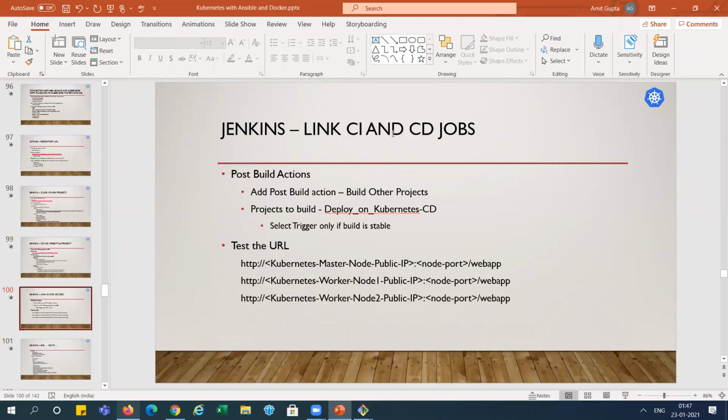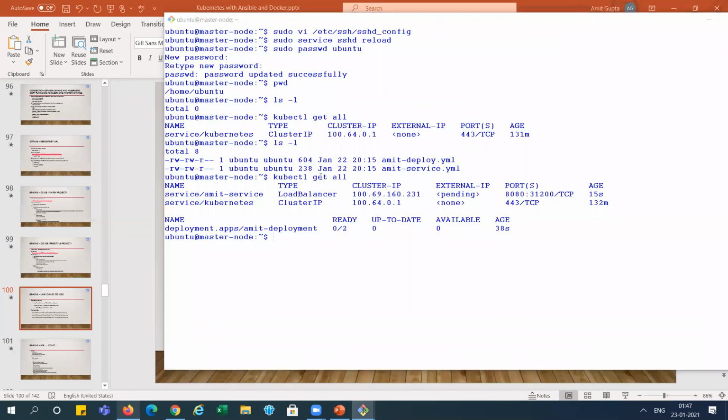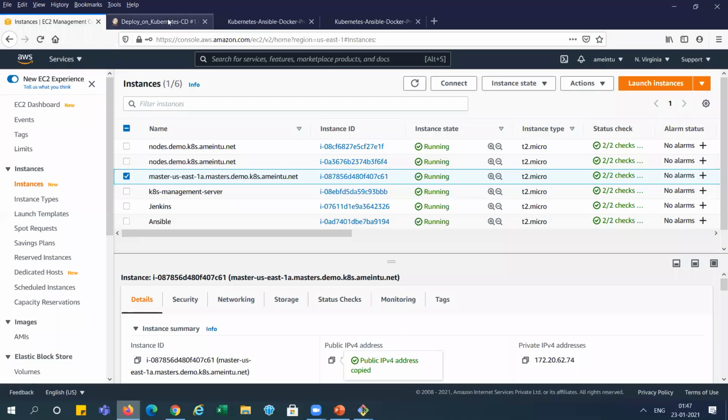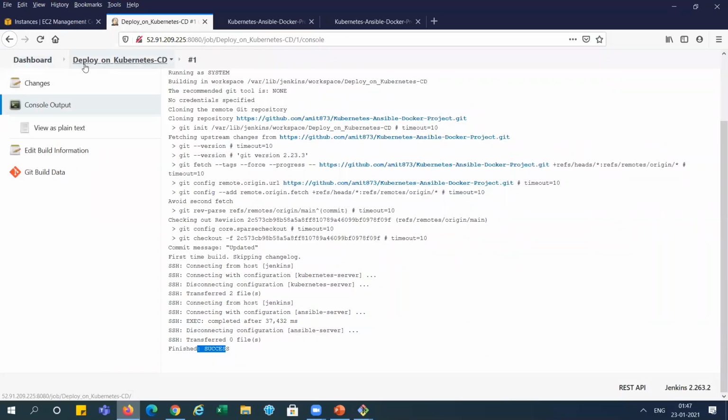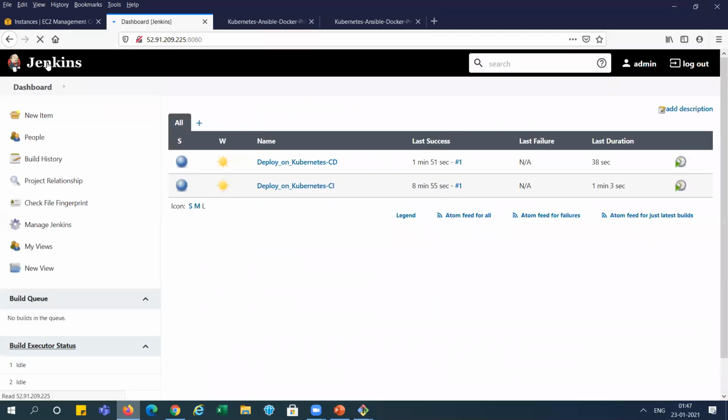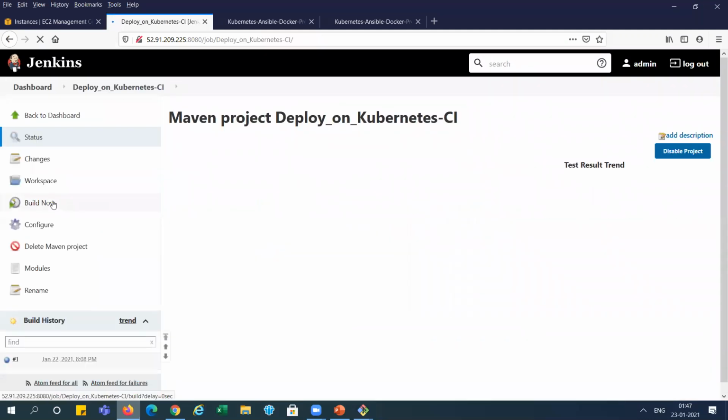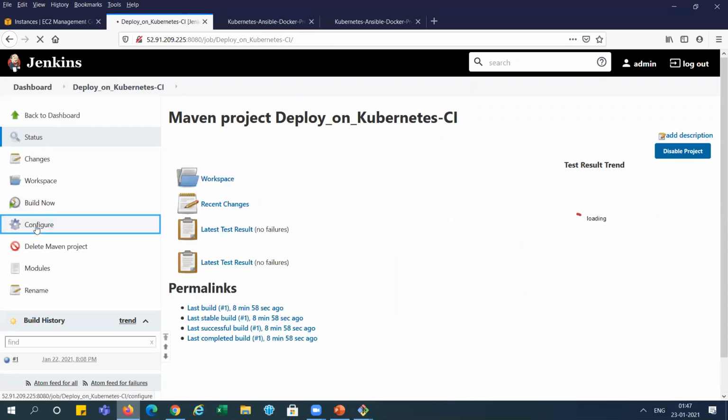You can see we need to link the CI and CD jobs with a post build action. We need to add this job. So go over to Jenkins, right? This is the CI job. I am configuring it, right?